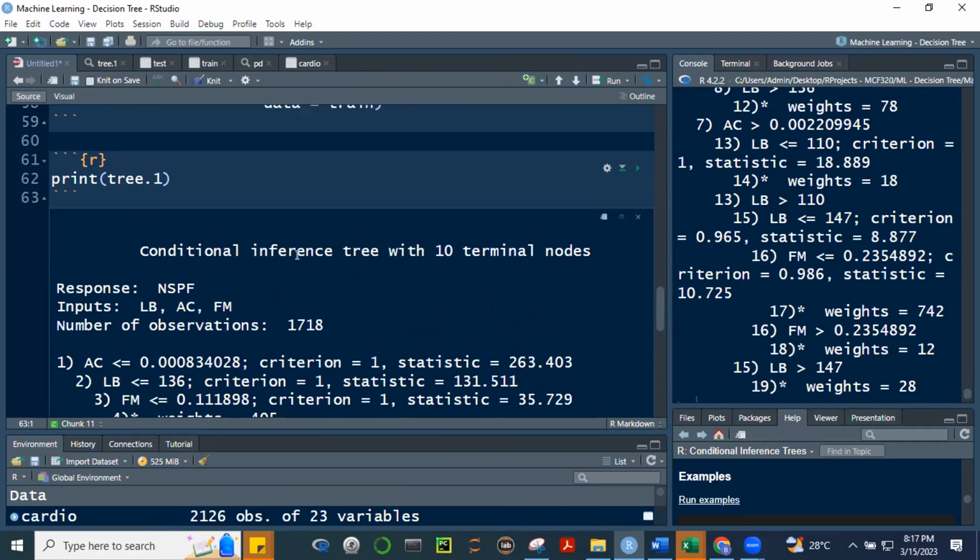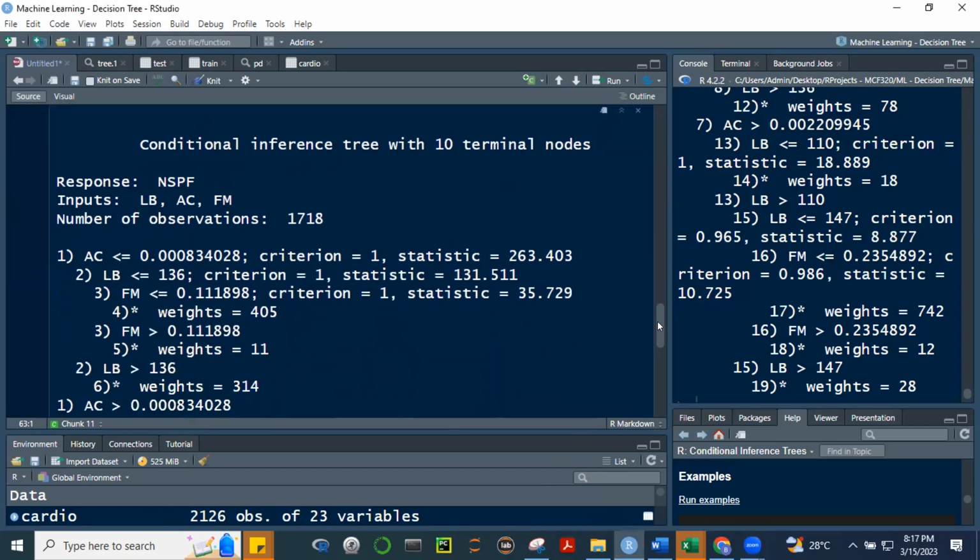We're told here that there is a conditional inference tree with 10 terminal nodes. Ibig sabihin yan, may 10 nodes na na-derive yung model natin. You start first with this initial node and then nagbabranch yan into different nodes hanggang, ang sabi, 10 daw yung nodes na terminal. Alright? Ano yung mga 10 yon? Naka-identify dito yon sa model natin. It's identified here.